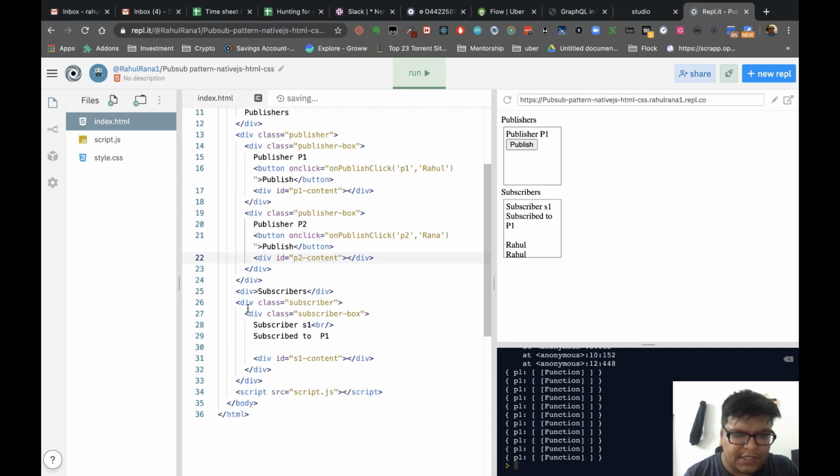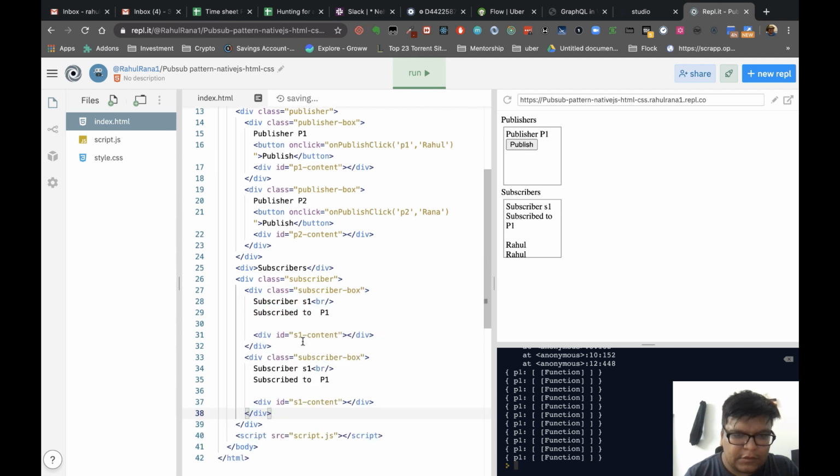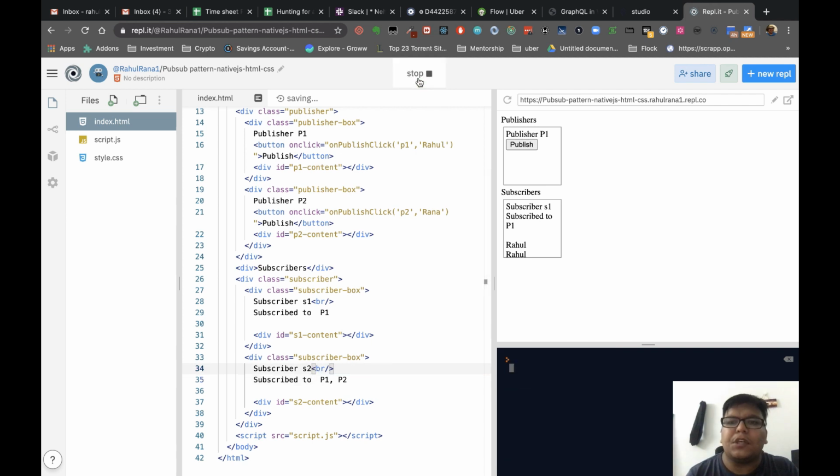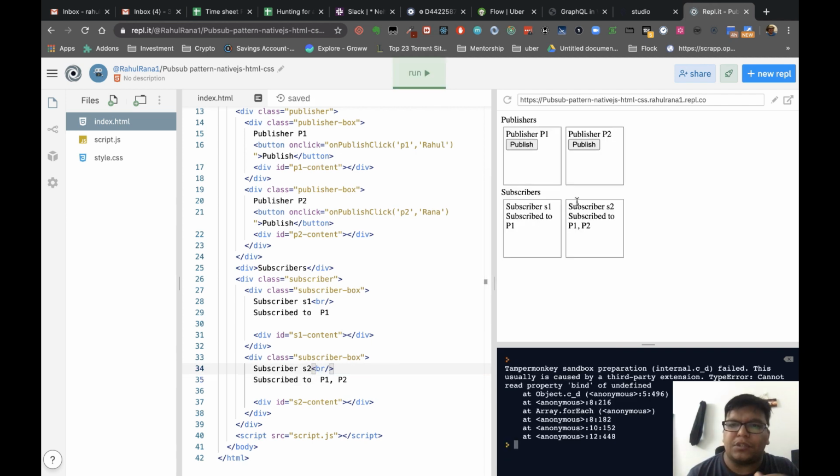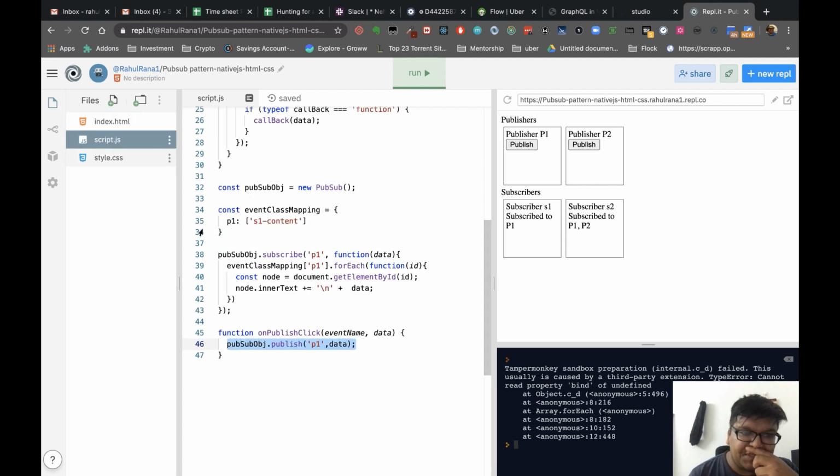And similarly we can have two subscribers, that is S2, which subscribes to both. If you see in the UI, there are two publishers and two subscribers now. The second subscriber is subscribed to both P1 and P2. So this is a P1 mapping.